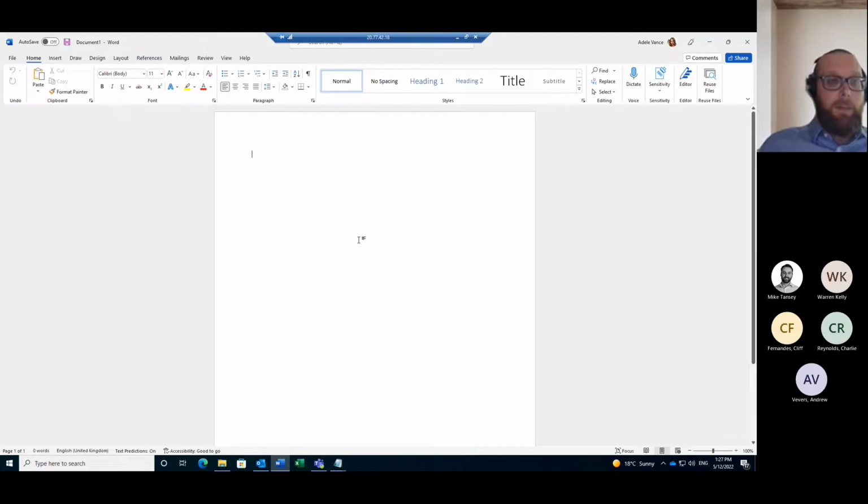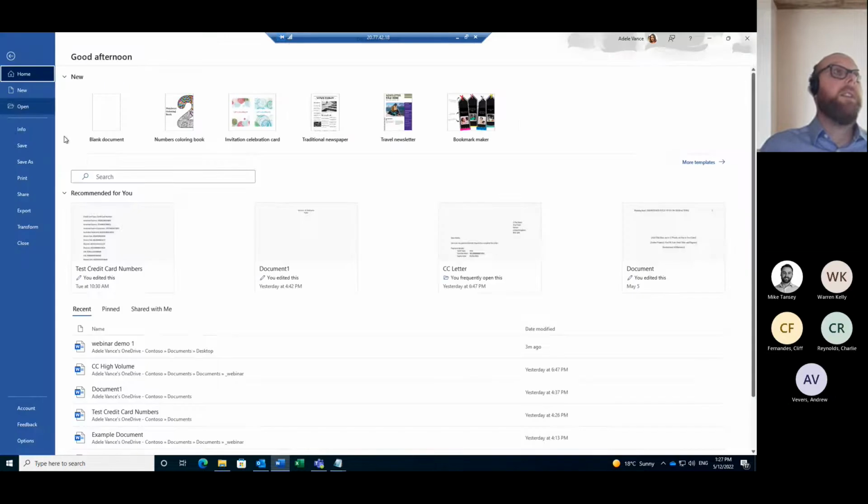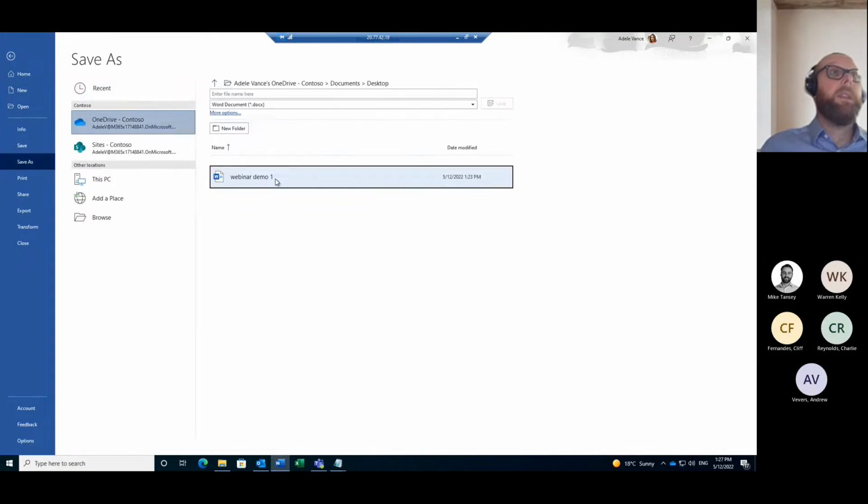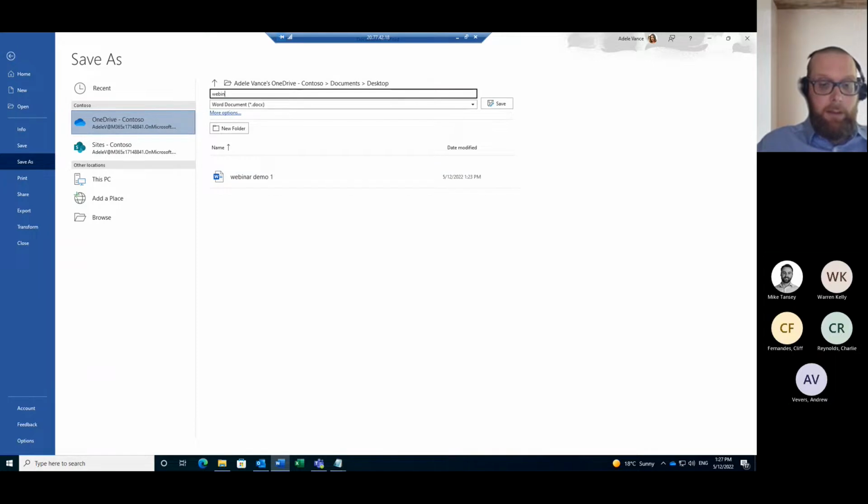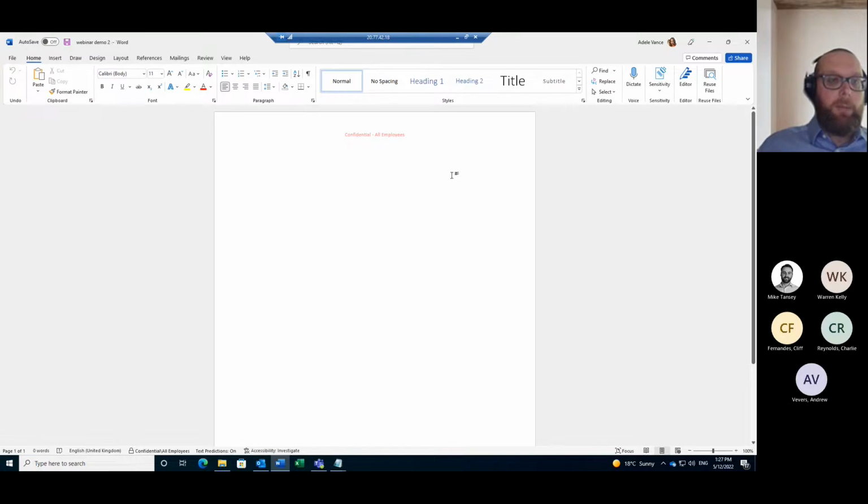Sometimes a user has selected an incorrect label for a piece of content. I just need to save this first. Okay, so at the moment, sometimes we've got an incorrect label attached to content. One of the reasons could be that, for example, if we work on a press release, in draft form it might fall into the confidential category, but for its release, we need to change it to public. So if I try and change this label here from confidential all employees to public,